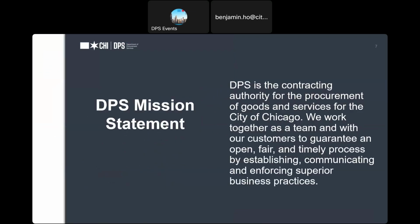So we'll start with the mission of the Department of Procurement Services. We are the contracting authority for procurement of goods and services for the City of Chicago. We work together as a team and care with our customers to guarantee an open, fair, and timely process by establishing, communicating, and enforcing superior business practices. So you will be working with us when there are goods and services that need to be procured by the